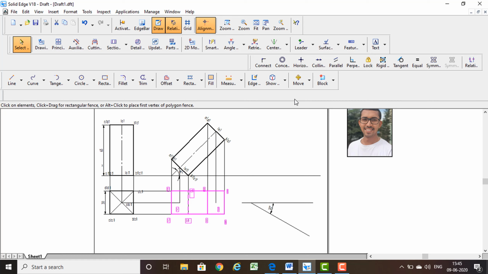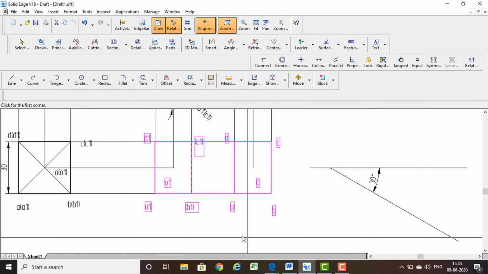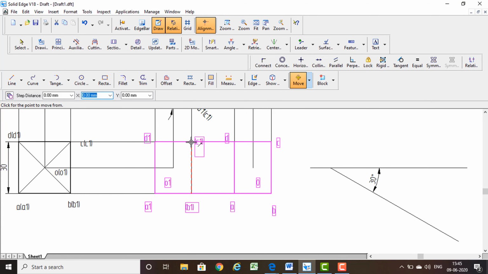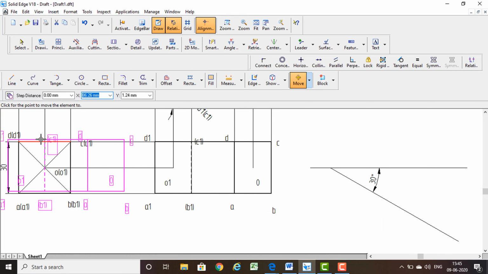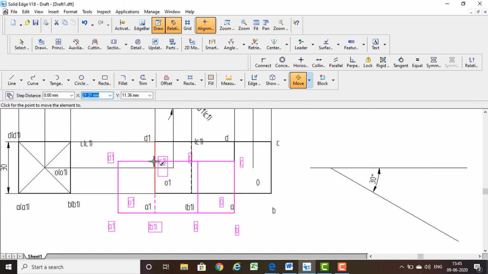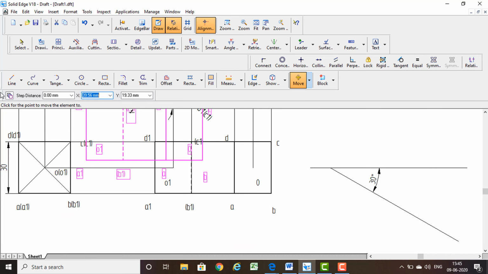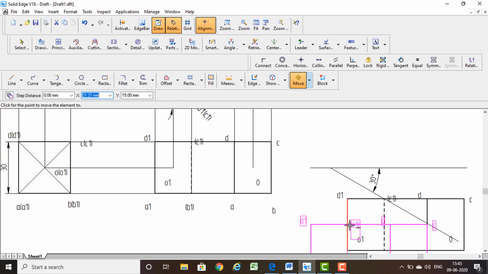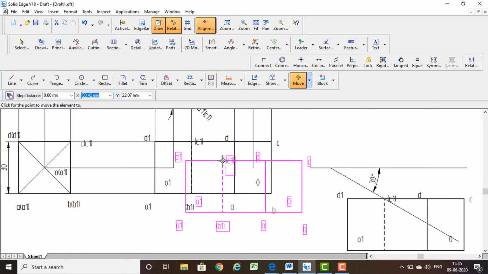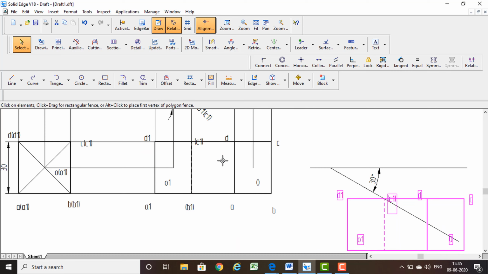So now I am going to select the move command. Let me zoom more. Here I am going to select either C1 or B1. I am going to select C1 because this has to be placed on this line, on the 30 degree line. I need a parent copy, I need another duplicate copy, hence this should be in on condition. Now I am going to click on this. Now I am going to press the right click. Even after pressing the right click, this itself is selected.